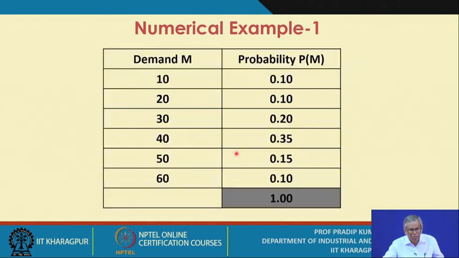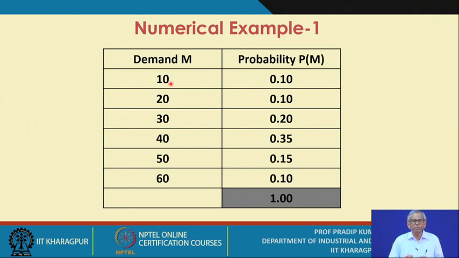That means what is the ordering quantity. So, this is the demand level. Multiples of 10, that means demand could be 10, 20, 30, 40, 50 and 60. These are the possibilities, and these are the possible probabilities. So, add them to 1. That means we are assuming that there is no possibility of demand less than 10, and there is also no possibility of demand greater than 60. That means these are all possible demand levels.